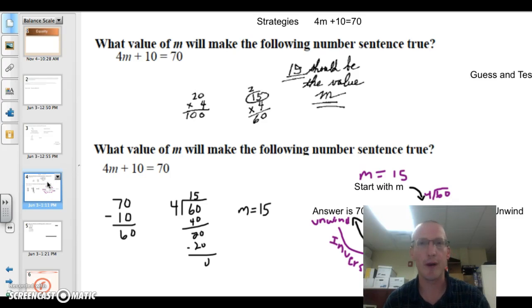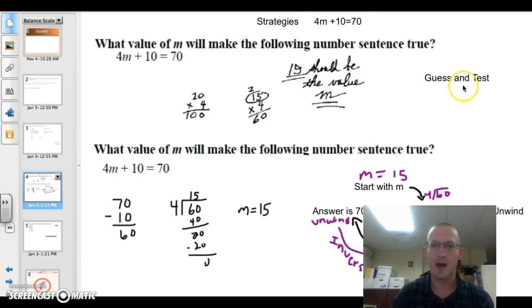Here's a question: 4m plus 10 equals 70. So now you're looking at those questions. The first one is a guess and test strategy, where a student basically just started thinking, okay, well, 20 times 4, that equals 100. So 15 times 4, that equals 60, trying to guess where to start. And then they know 15 should be the value for m. So it's just a guess and test. It's a strategy, not very sophisticated, and it's not quite where we want kids to go, but it is a